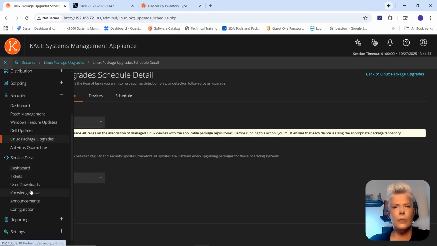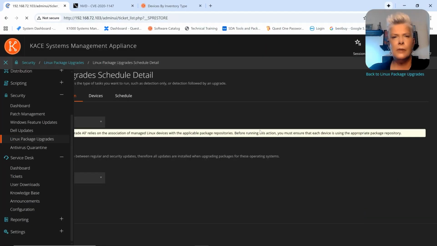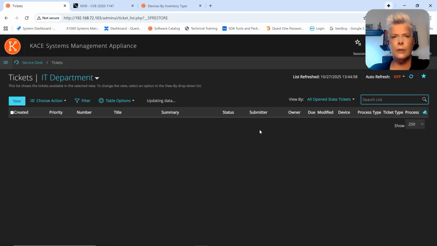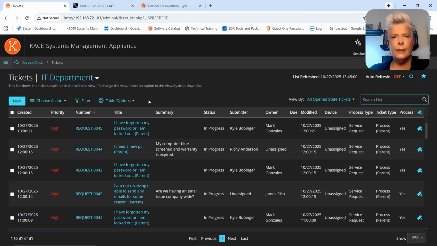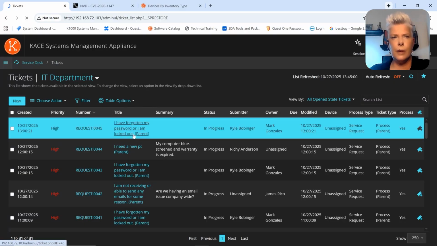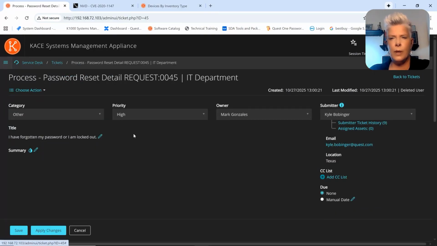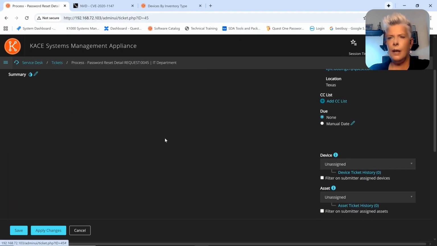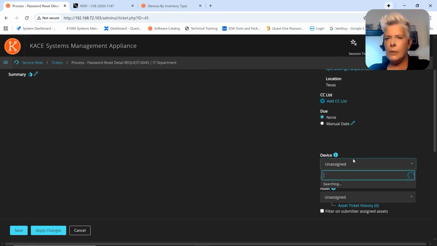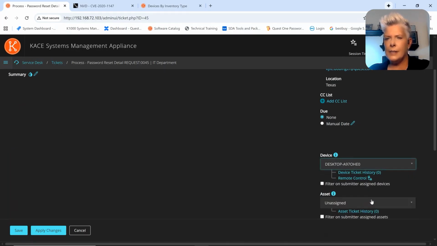The next thing we're going to go into is the Splashtop enhancements. So if you are using the service desk currently and you do have the remote control from Simple Help that's included, you'll notice that now I have the ability to select a device, and you can see I can hit remote control from here. If I go ahead and click on it,